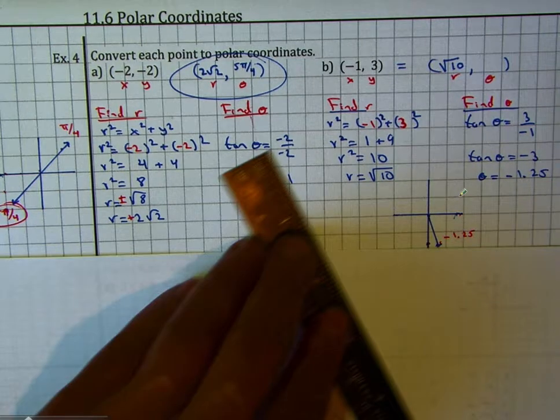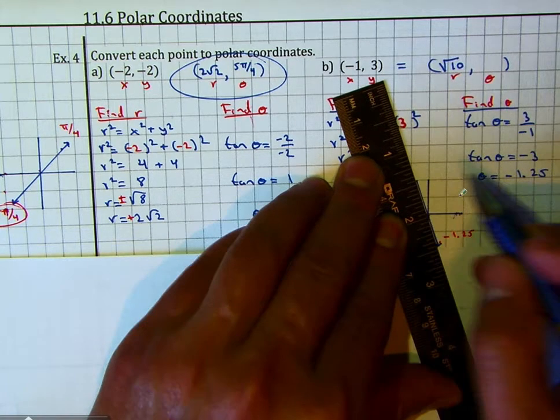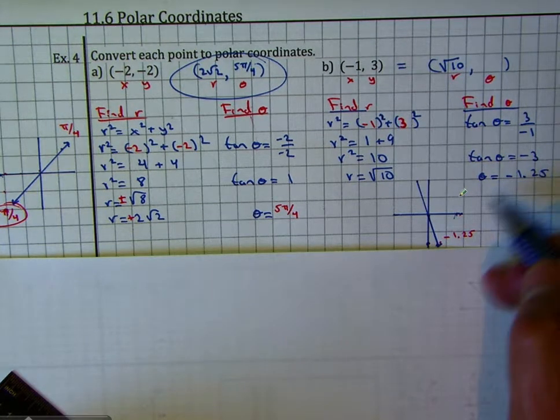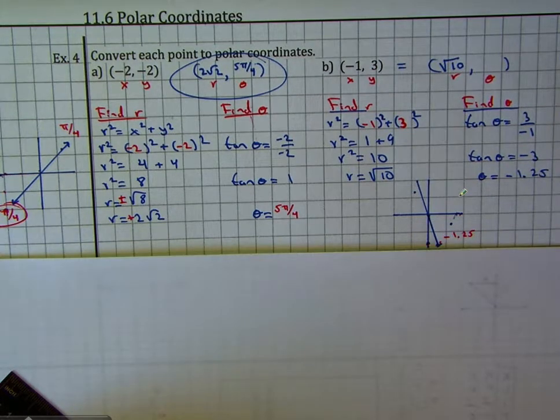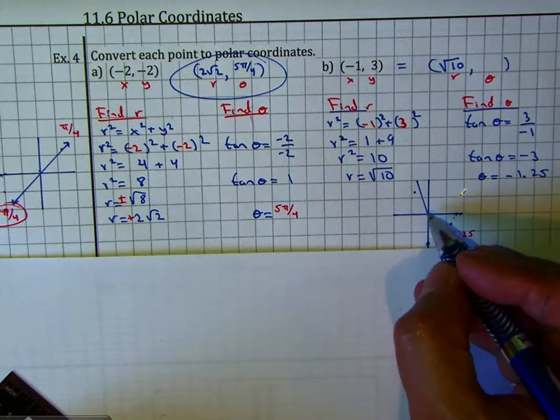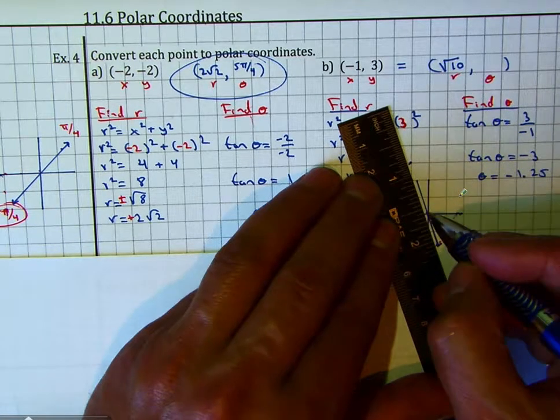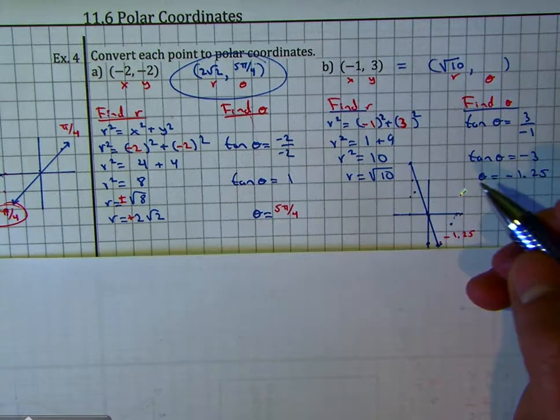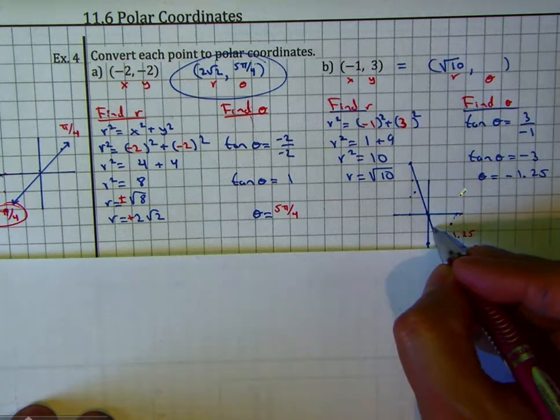Now for tangent, this angle here can also be correct, because if it's negative, it can be either on the fourth quadrant or on the second quadrant. So let's look at your point. It's negative and then positive. So to the left 1 and up 3. So it's actually up there. So what can I do to be able to get the correct angle? I need to be able to add